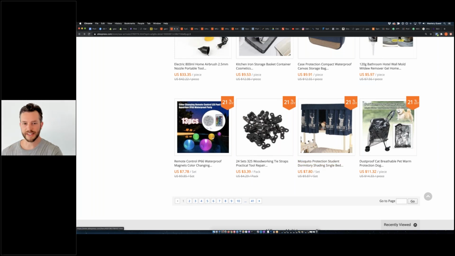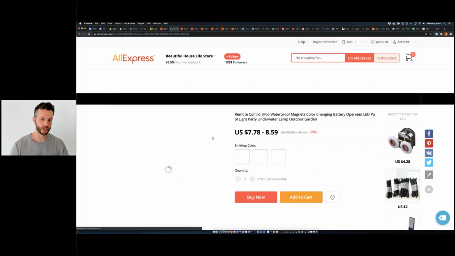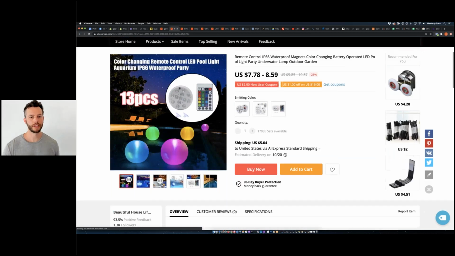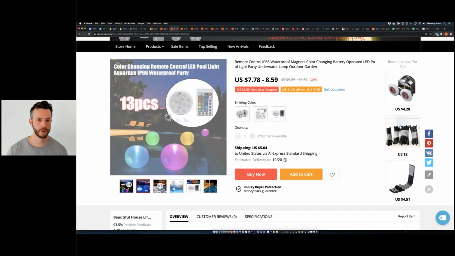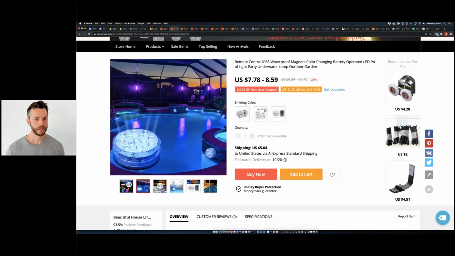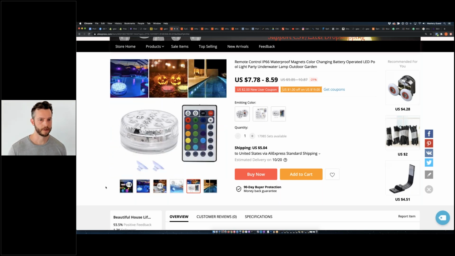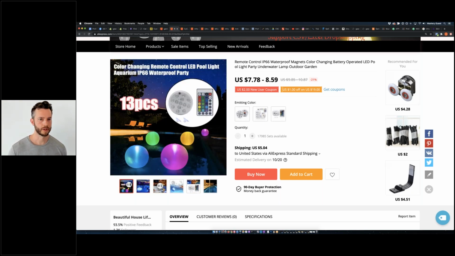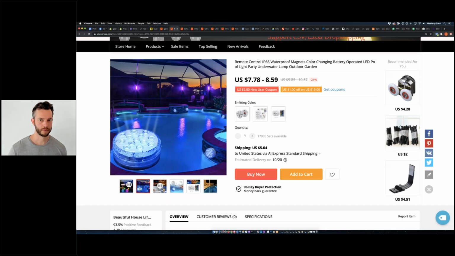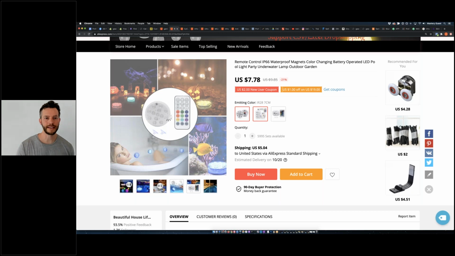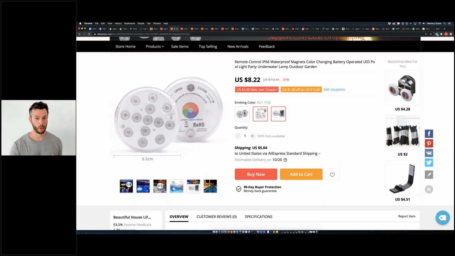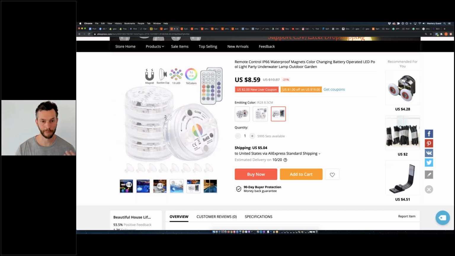Okay, well, these look similar to what we were just looking at, but apparently it's just a different shape. So these are really neat though. These are, again, those floating, color changing remote LED pool light aquarium. Okay, so these are LED lights that you can put in an aquarium, that you could put in a pool,